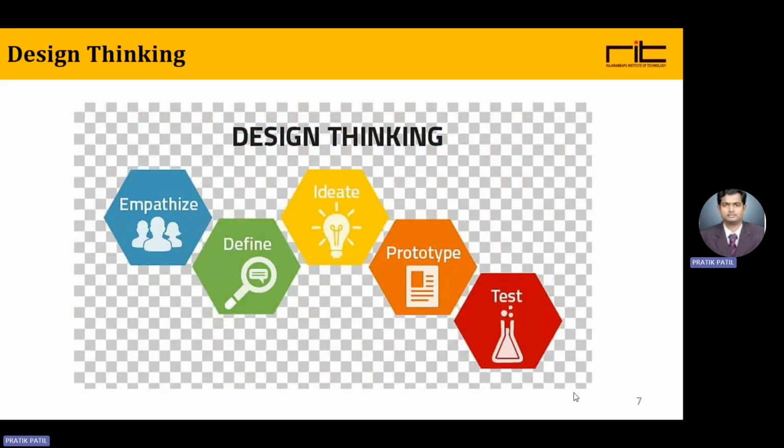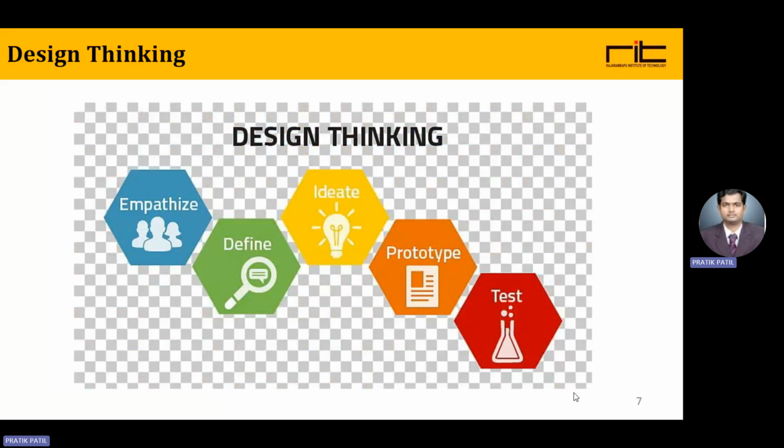So this is design thinking. Whenever we find a problem statement, and if we learn the design thinking methodology, it can be converted into a prototype. Design thinking is a methodology in which there are a few steps: empathize, define, ideate, prototype, and test. This design thinking methodology is what you are going to learn in this course. This you have to remember.